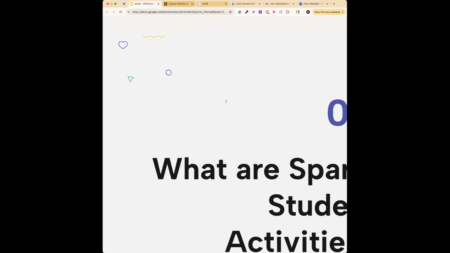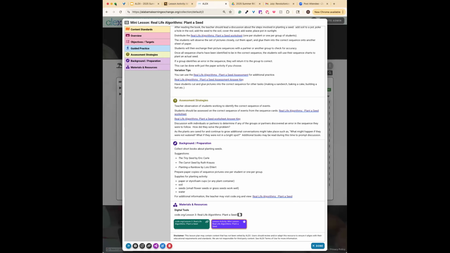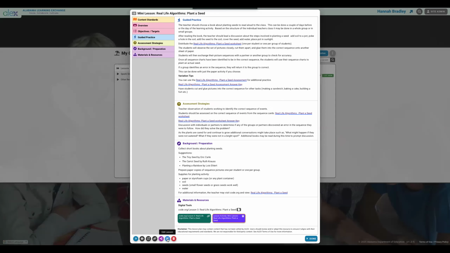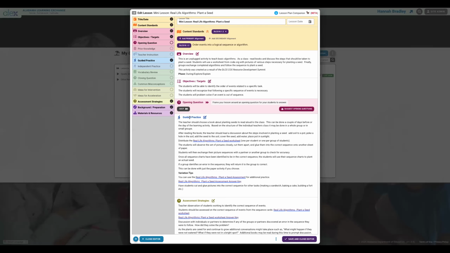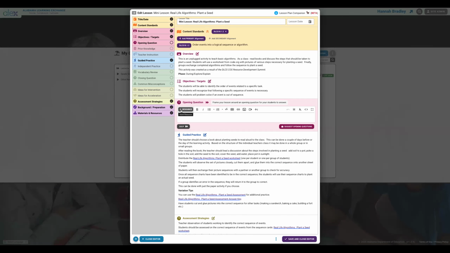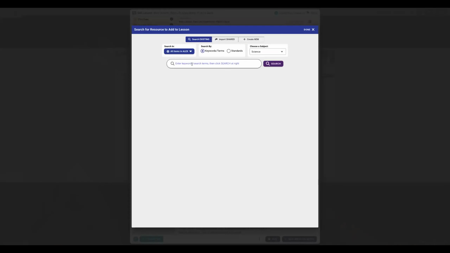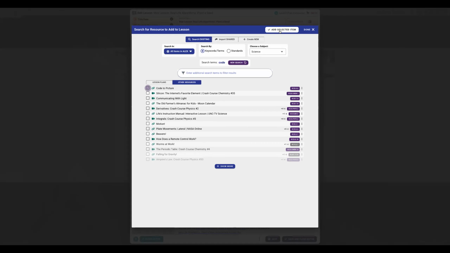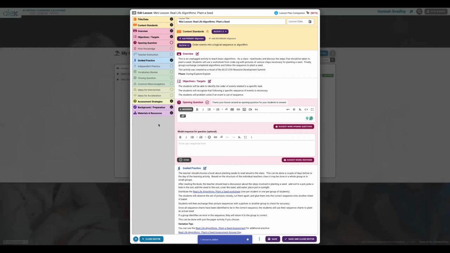So if I wanted to add a resource within my lesson plan so it's not separate, I'll just do this edit. Wherever I wanted to put my resource, say I wanted to add it here, I just click that gray resource button. And then I can search an existing one that's already in Alex. I'm just going to use any random word here. So maybe if I wanted to add that one, I can click add selected item. And now that resource link will be available here in my lesson plan.